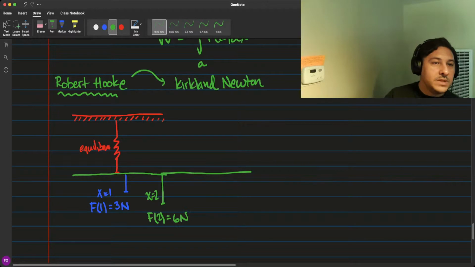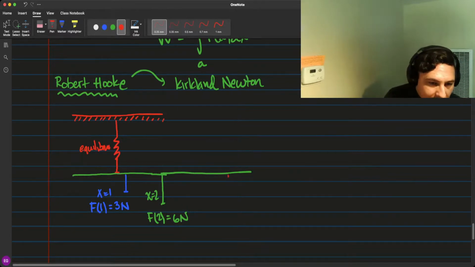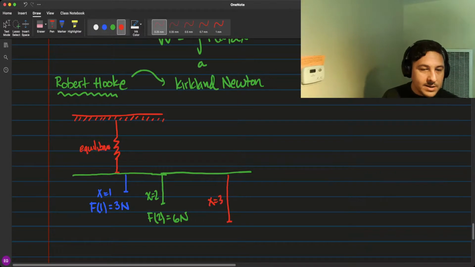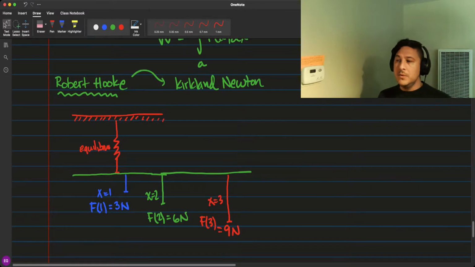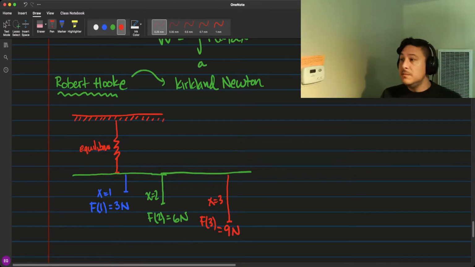And he basically kept doing this. He's like, okay, I'm going to stretch it out some more. I'm going to stretch it out by 3 meters. And he noticed that when he stretched it out 3 meters, the spring was exerting 9 newtons of force. What do you notice about the force function? What seems to be the form? Yeah, it's linear. And basically Hooke's law says that